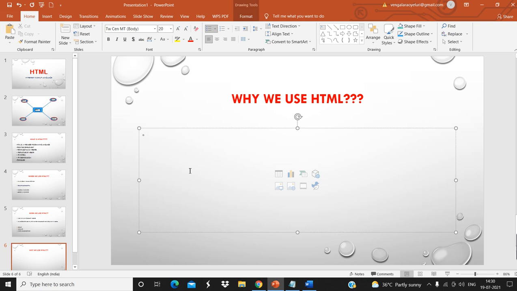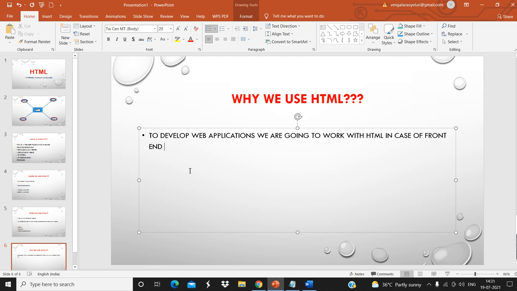We can also simply say, to develop web applications we are going to work with HTML in case of front end development in the web environment. So this is about why we use HTML.